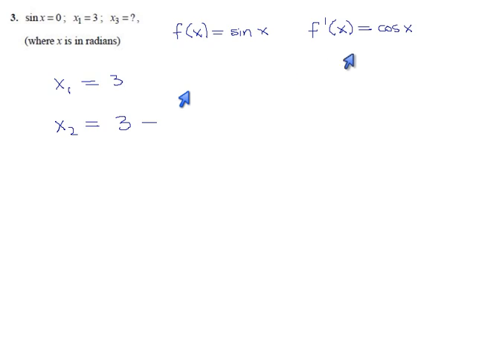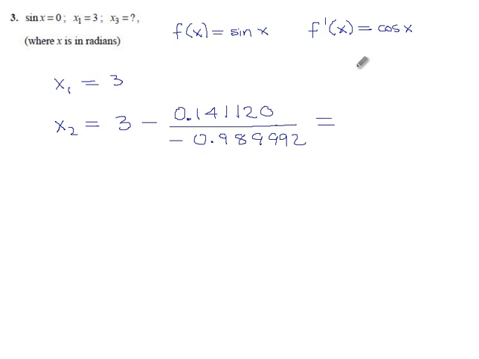Now make sure you're in radian mode when you do this. We don't mean 3 degrees, we mean 3 rads. The sine of 3, if you do it right, should come out to 0.141120. And the derivative of it would be cosine 3, again in radian mode, and that comes out to negative 0.989992,